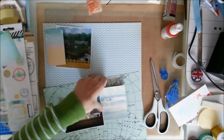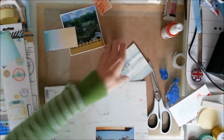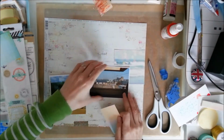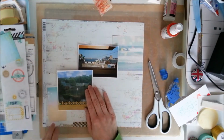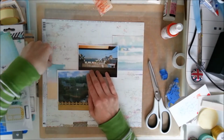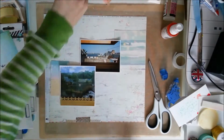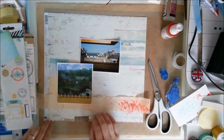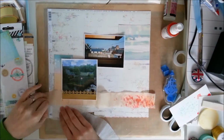Now I'm selecting some papers, including what's going to be my background, and I do settle for that. I think it's some kind of Maeology paper. I can't remember the branding. I'm just looking at the strip on the edge there to give myself a clue. For some reason I ordered 2 of those papers out of the kit. I don't know why. It might have been the chevrons on the back. I'm really into chevrons at the moment actually, but as it happens I've used this side,